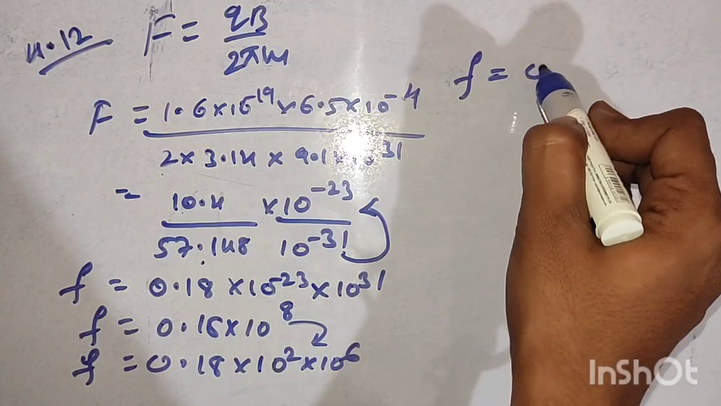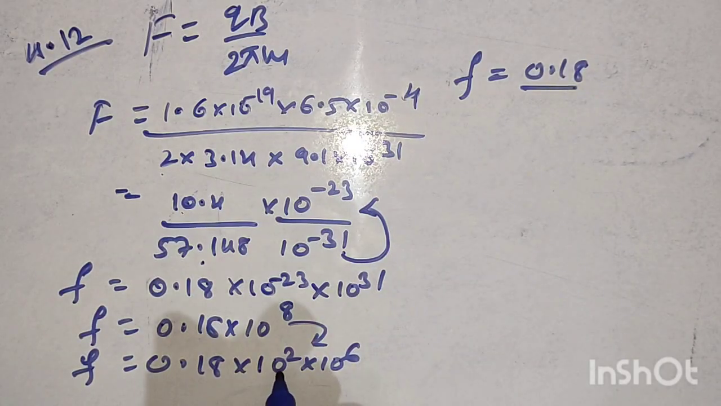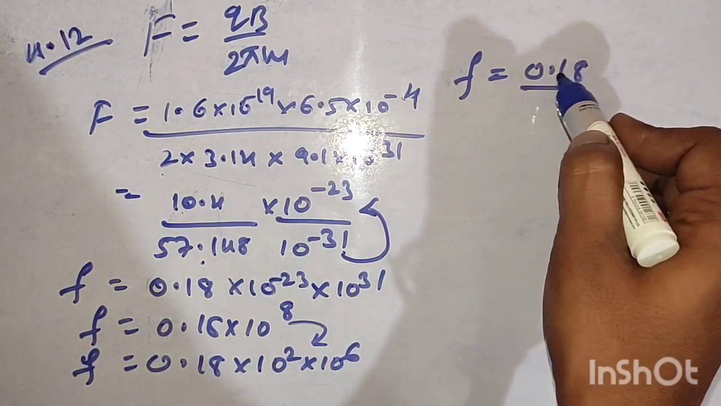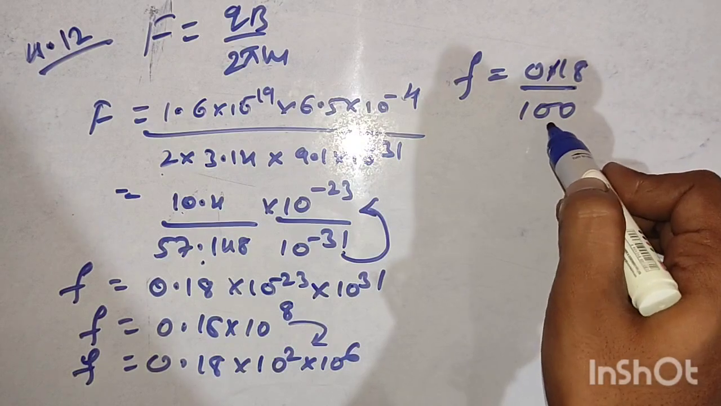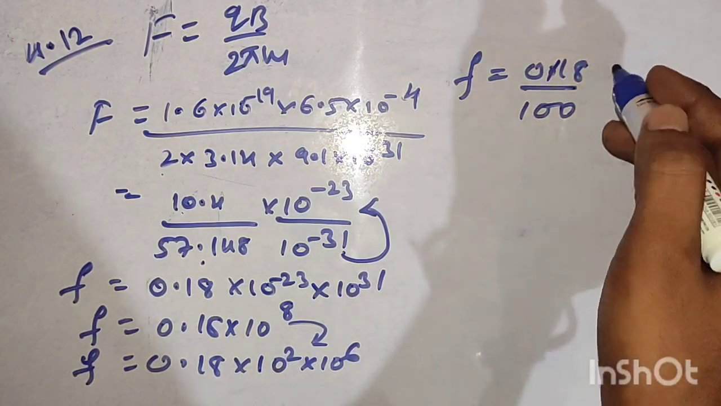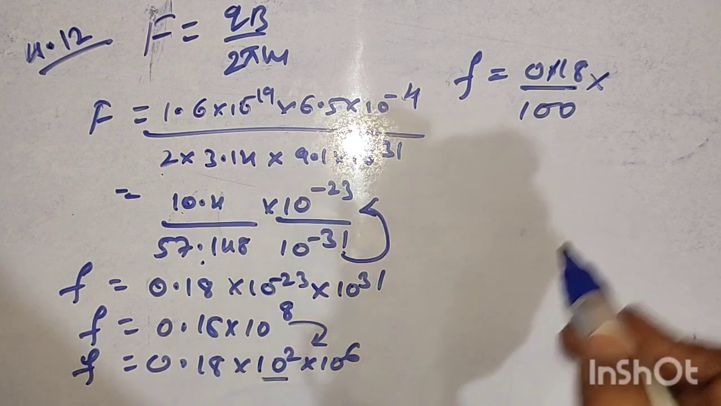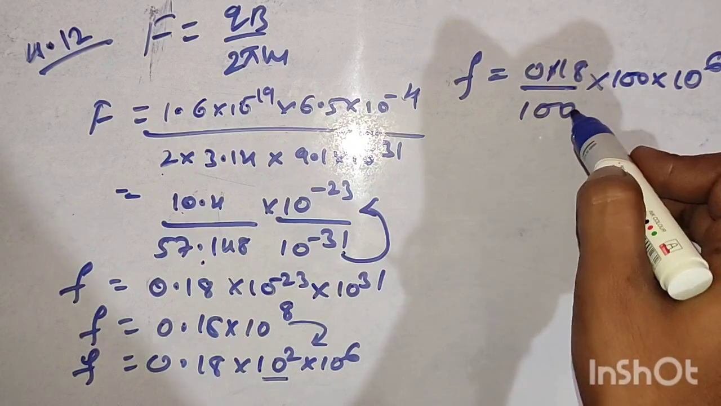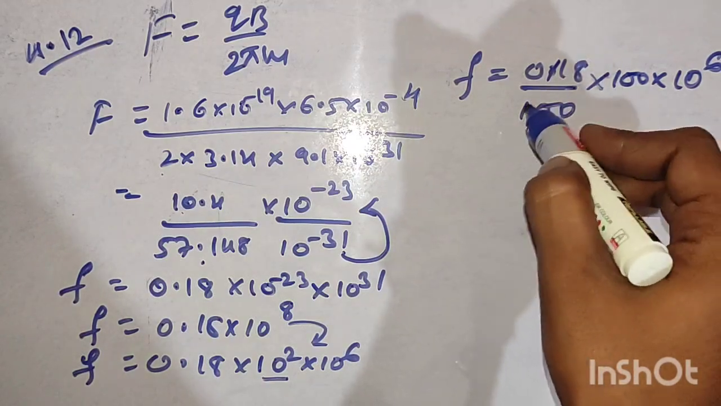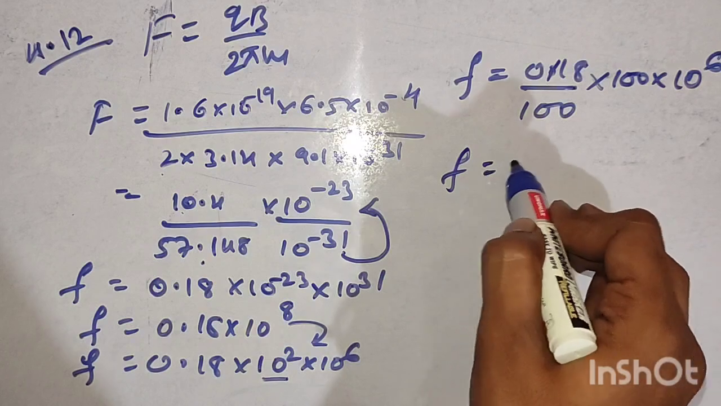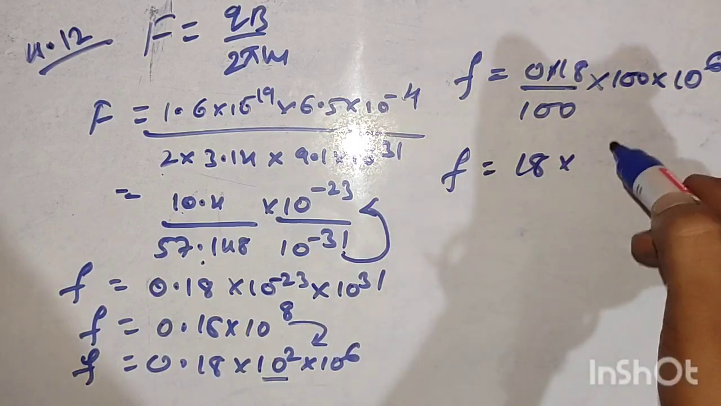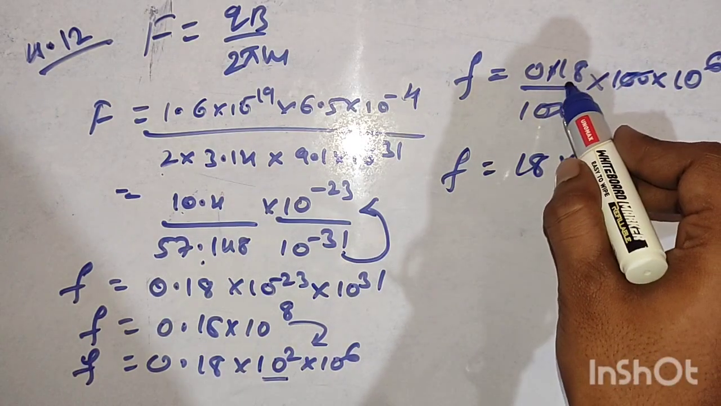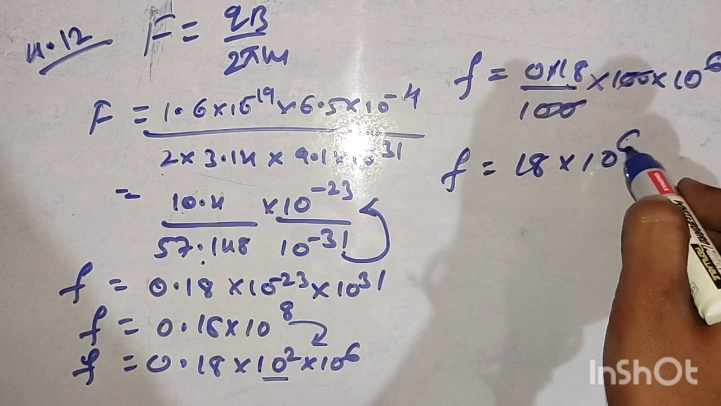Here F is equal to 0.18, 0.2. If you cancel the decimal after 2 digits, here I can write 10 to the power 2, otherwise 100. So here, into 10 to the power 2, if you expand that you will get 100, and 10 to the power 6 is as it is. Next, 18 divided by 100, you will get F is equal to 18 into, if you simplify all these, the 2 zeros cancel, remaining 18 into 10 to the power 6